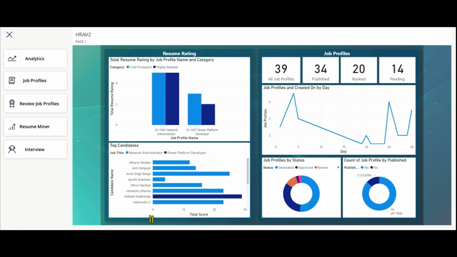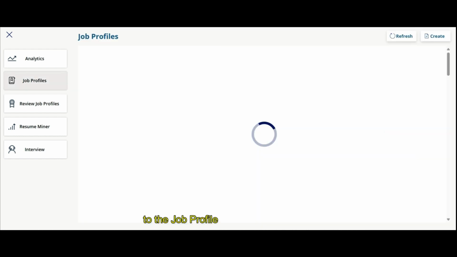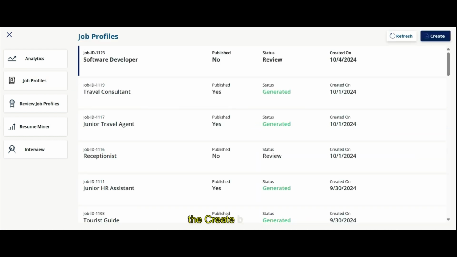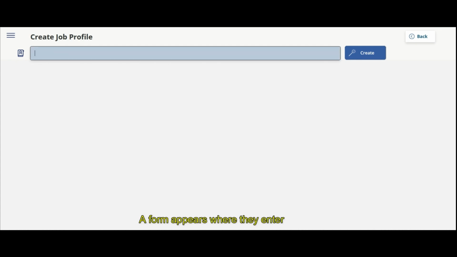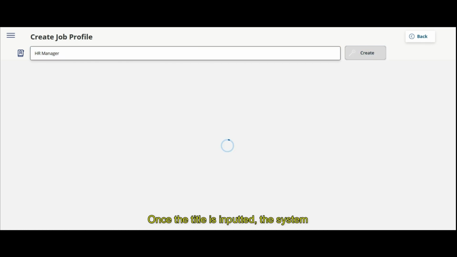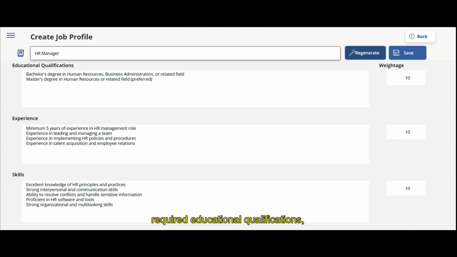It visually displays the top candidate names and the total number of created job profiles. To create a new job profile for the position of HR manager, the user navigates to the Job Profiles section and clicks on the Create button. A form appears where they enter the job title, specifying HR manager. Once the title is inputted, the system generates a job profile that outlines the required educational qualifications, experience, and skills